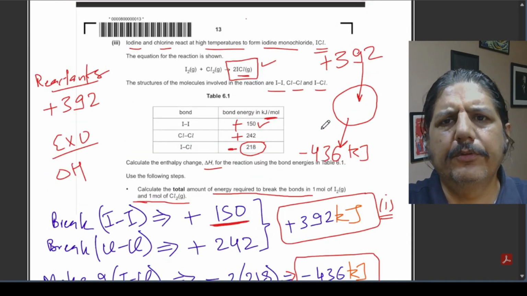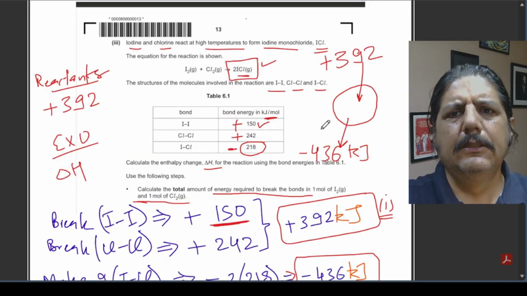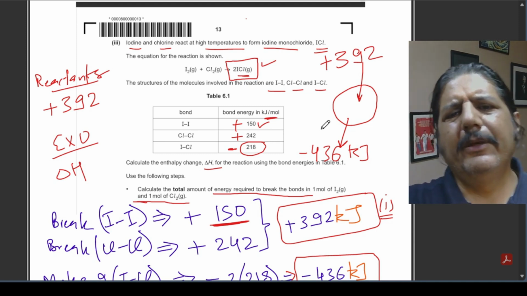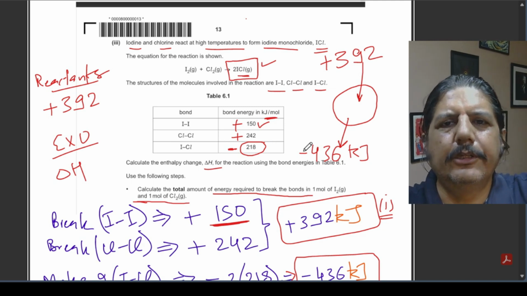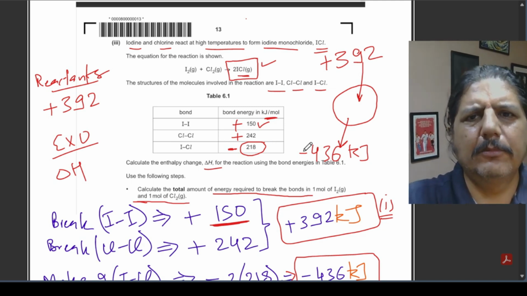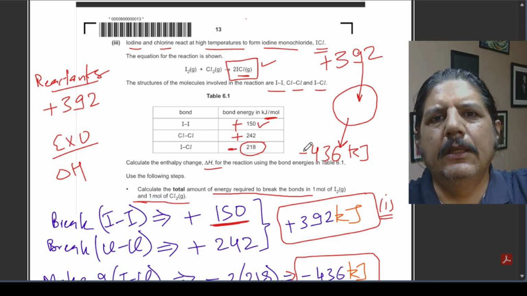A fairly simple question. You should have a basic understanding of the bonding, and if you do 3 or 4 questions like these, you will be able to do these questions in the exam also. So let's